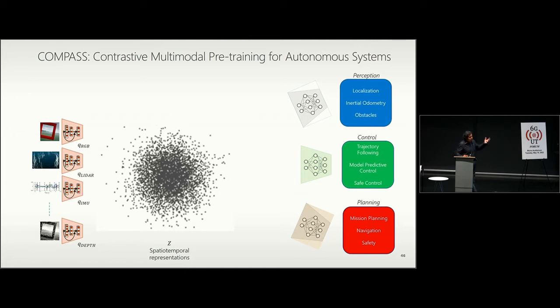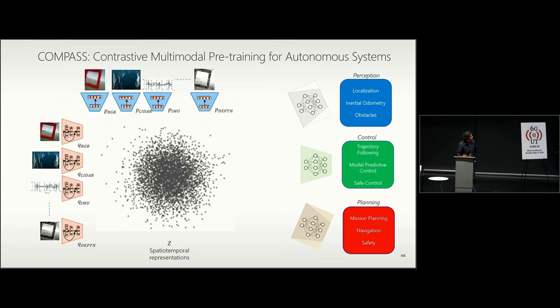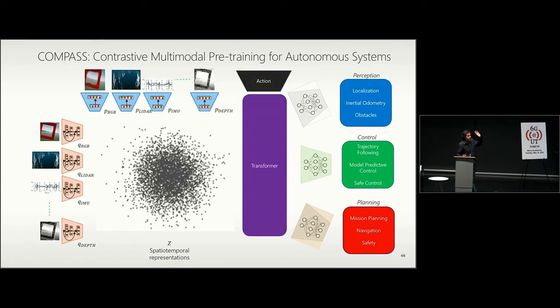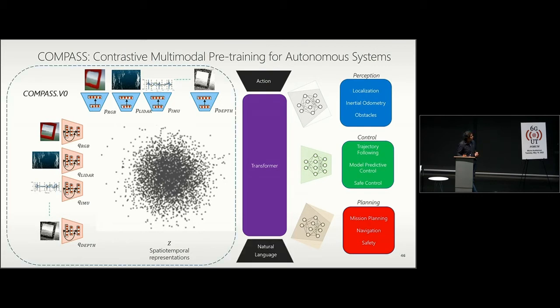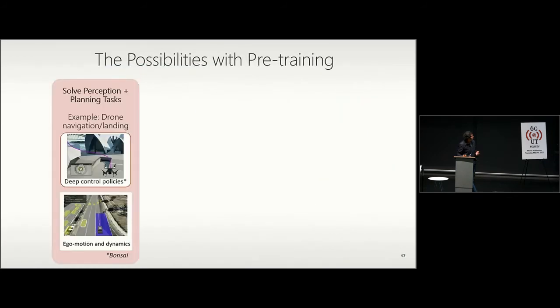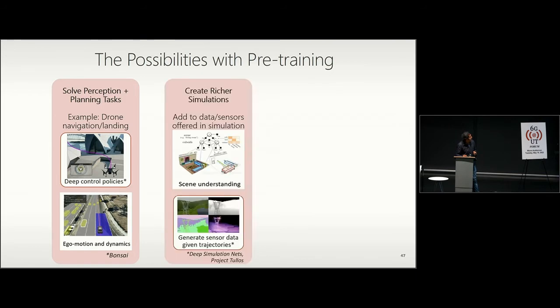We have some initial models that validate this hypothesis that it's possible to actually create these pre-trained fabrics over which you can do fine-tuning for various robotics tasks. Again, I won't get into the technical details of it. I'm happy to refer to a technical report that does that. But for instance, what can we do with it, right? What we can do is we can definitely do perception. For instance, we have done deep control policies both for aerial vehicles as well as cars using these pre-trained fabrics.